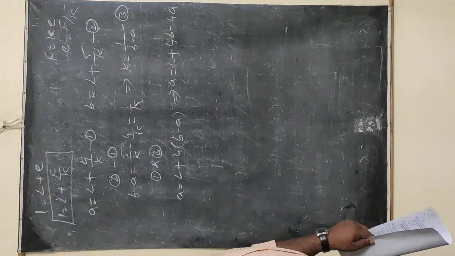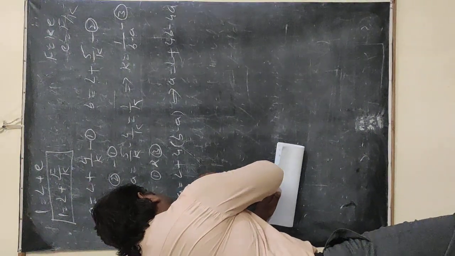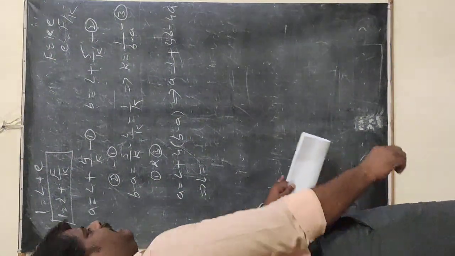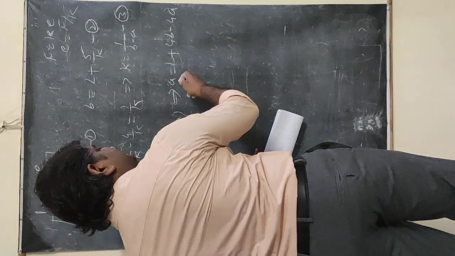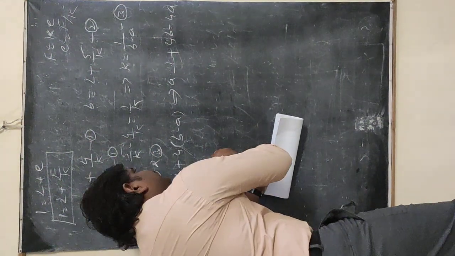4B minus 4A, I am going to bring it to the left side. I am going to write down L. So that implies L is equal to... 4B is coming to this side, it will become minus. 4A is coming to this side, it will become plus. So then it can be written as